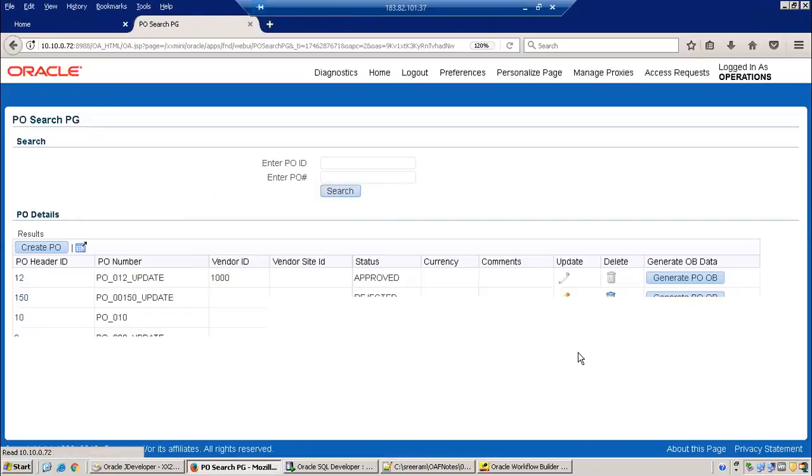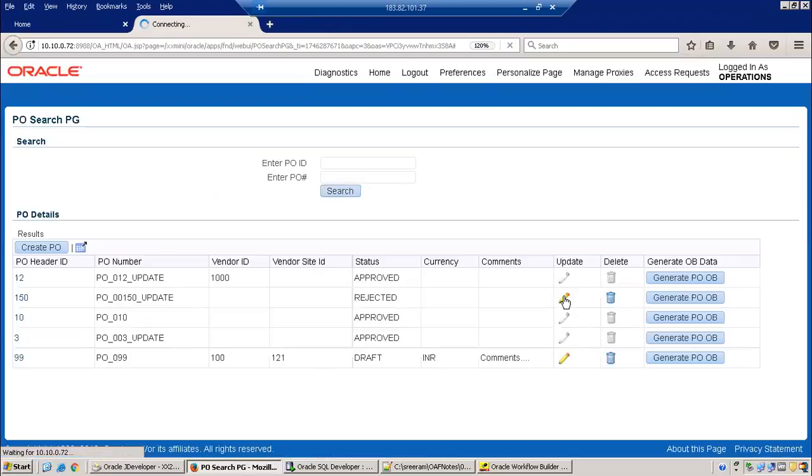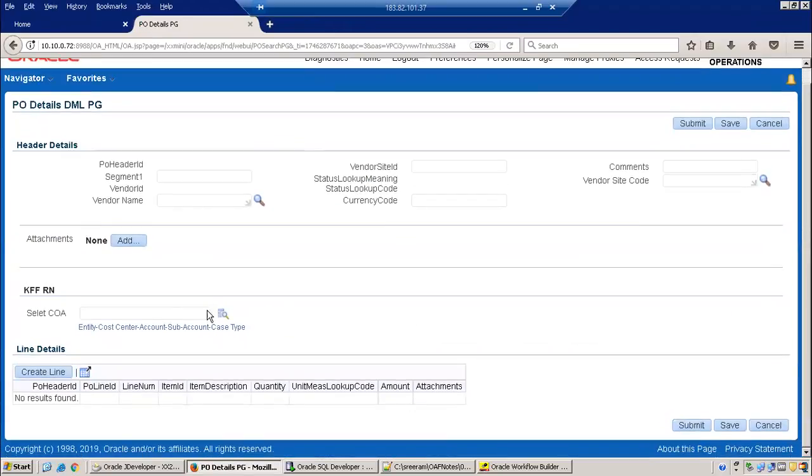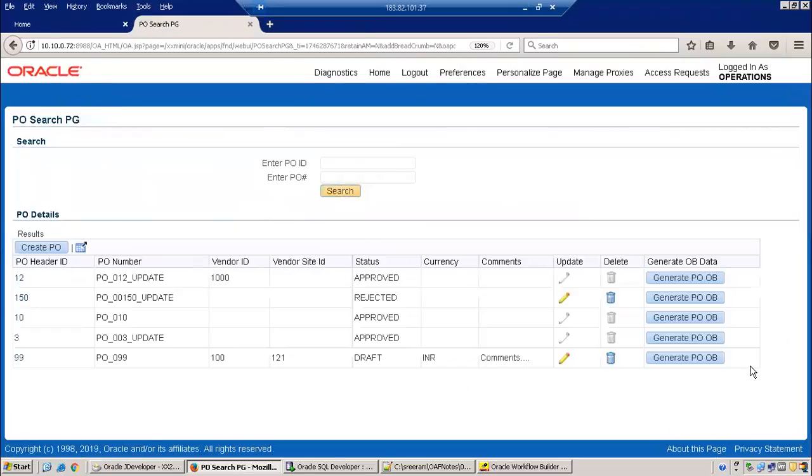Click on search, update, right? So that was the issue. It seems maybe someone would have modified the flags or something. That's the reason we're getting this issue. That's fine. Another thing is, we could not see any data here. Maybe I'll click on cancel. Let's see the other PO.